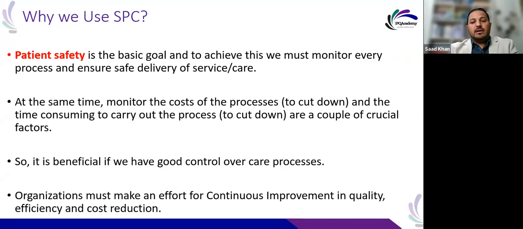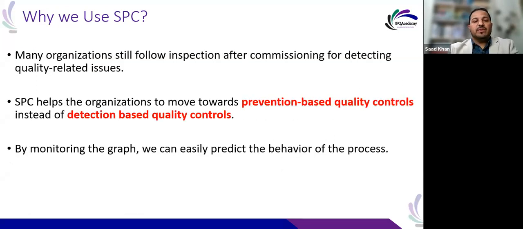And then it's a continuous activity which we have to do. Statistical process control never ends by any means or by any definition. So once you start any process, you have to keep on monitoring, keep on evaluating and keep on analyzing your processes and the trends which you are getting on that. So statistical process control helps the organization to take up prevention-based quality controls,